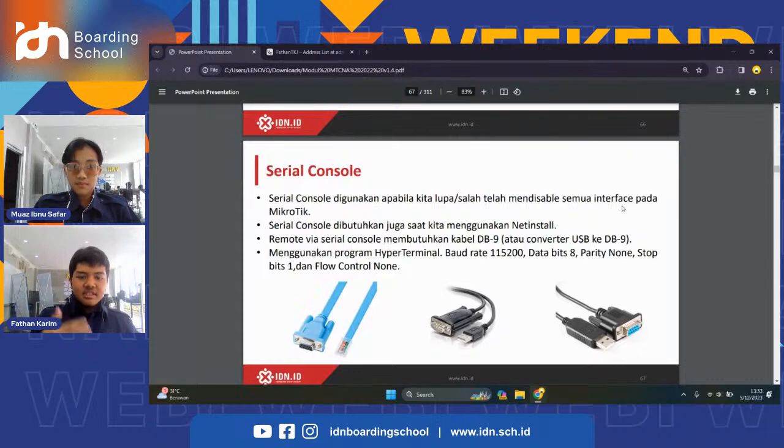The serial console is used if you have interfaces, and if you forgot and the interfaces are all disabled, you can use the serial console that is available in the MikroTik router. There are also many other features of the serial console, such as using it for netinstall to install the router or RouterOS.